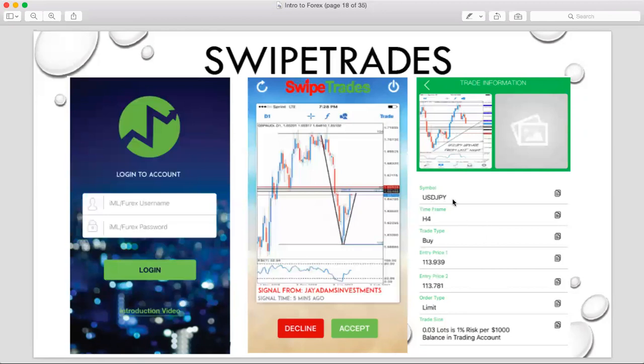So you're going to see the symbol, USD/JPY, which is the US dollar against the Japanese yen. You're going to see the time frame, which is H4, which stands for 4 hour. You're going to see the trade type, which is buy. And make note that it says buy, and make note that down here in the order type, it says limit. Okay, so it's a buy limit. You're going to make note of the entry price, which is